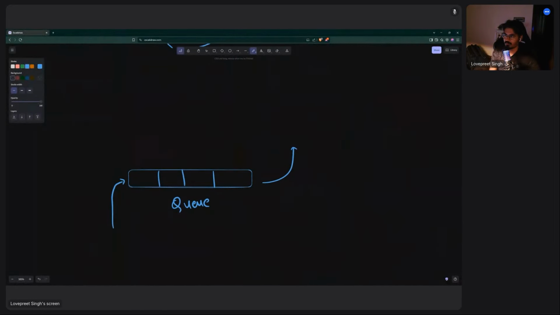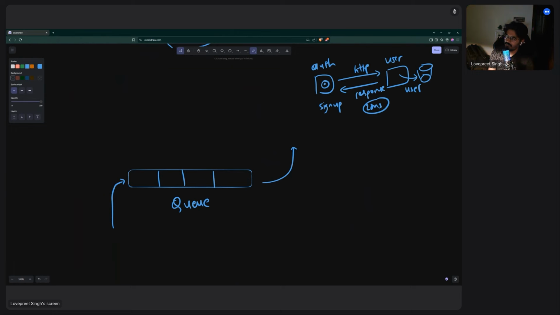Which is a blocking IO. Blocking IO means the auth service will make an HTTP call. It will get a response. Till the response is not coming, it will wait for that time. Let's suppose 2 milliseconds, whatever, 20 milliseconds, right? Now the thing is, when I'm making an HTTP call, this is what we call a sync thing. Sync API call. Sync API call means I have my phone, right? I am going to send a WhatsApp message, and that WhatsApp message will not get received by another person till okay, what I'm saying is,